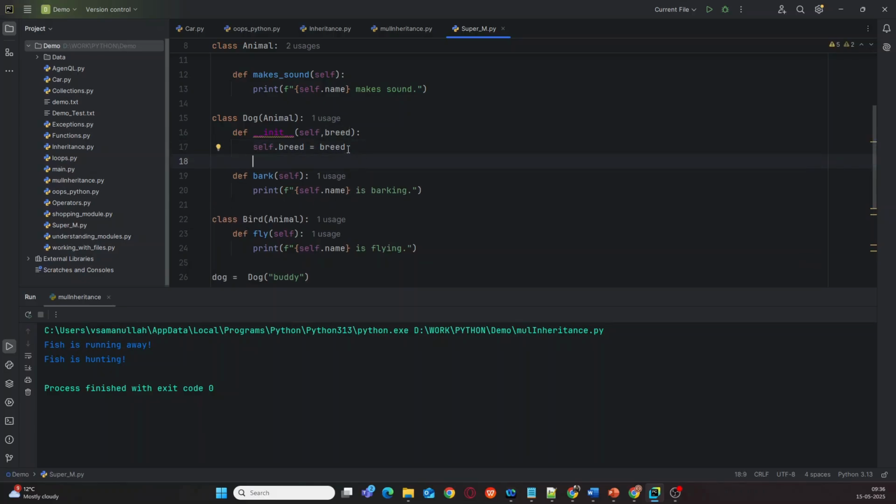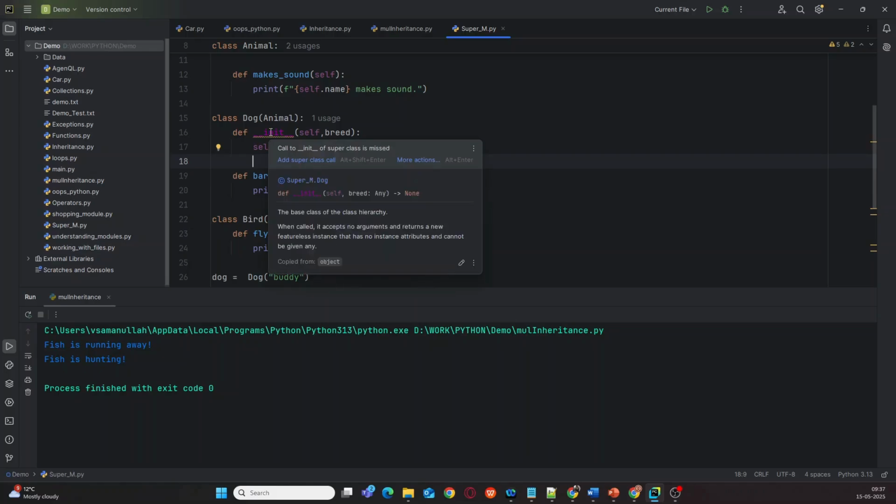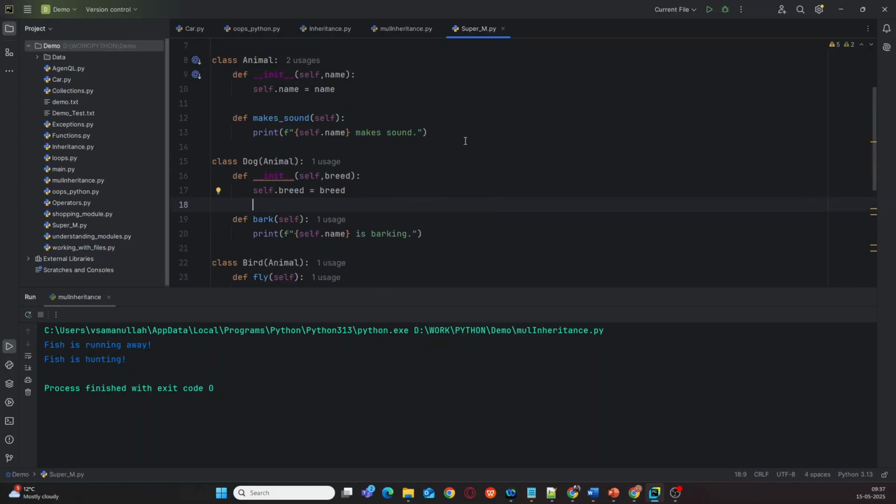So I have a new property called breed, and I will be assigning this inside the constructor. My parent class also has a constructor where we will be initializing the name of an animal. So I can also add another parameter to the dog constructor as name,